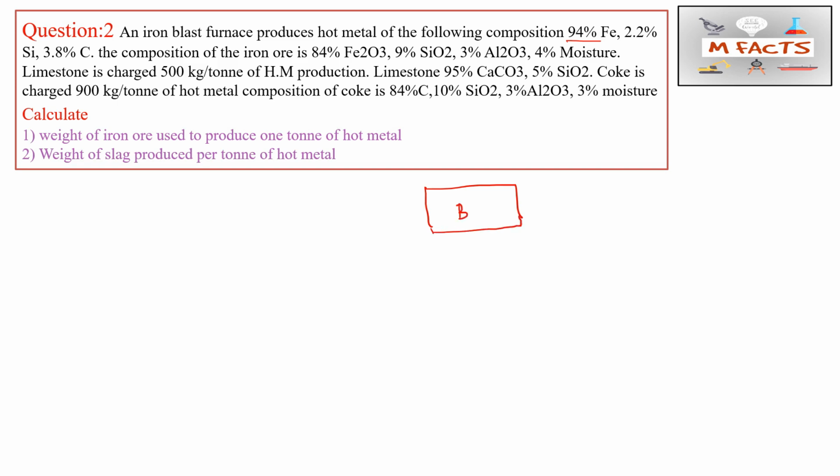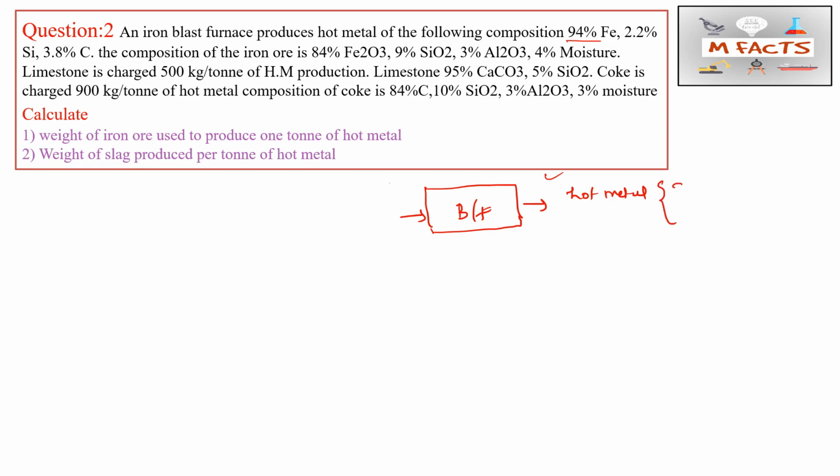Okay, so this is our blast furnace. Suppose this is the blast furnace, and we are drawing the schematic flow. On the left-hand side we will write the input, on the right-hand side we will write the output values, and we will get the input and output from our theoretical knowledge. So the iron blast furnace produces hot metal. Hot metal is basically the output of the blast furnace. Hot metal is also known as pig iron.